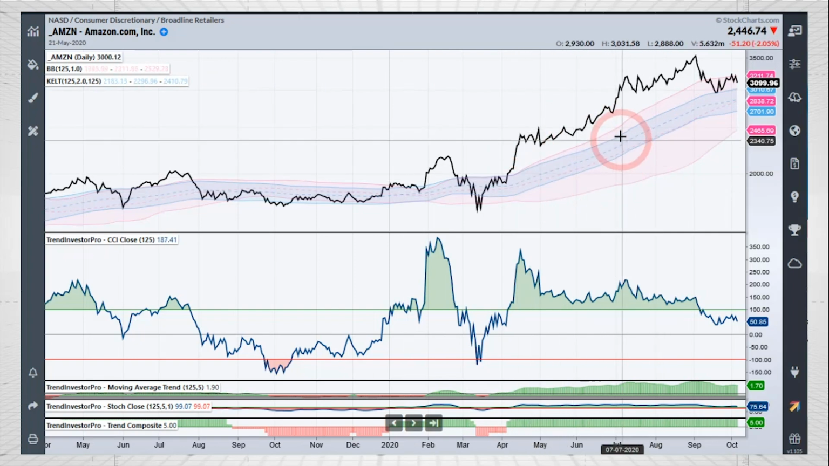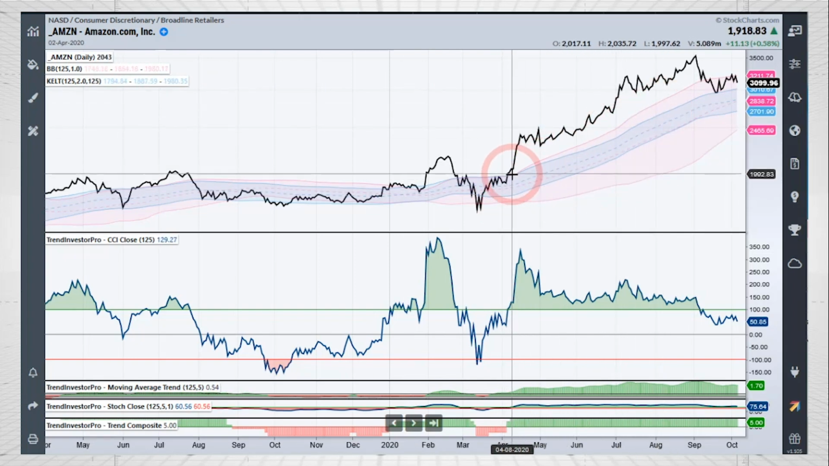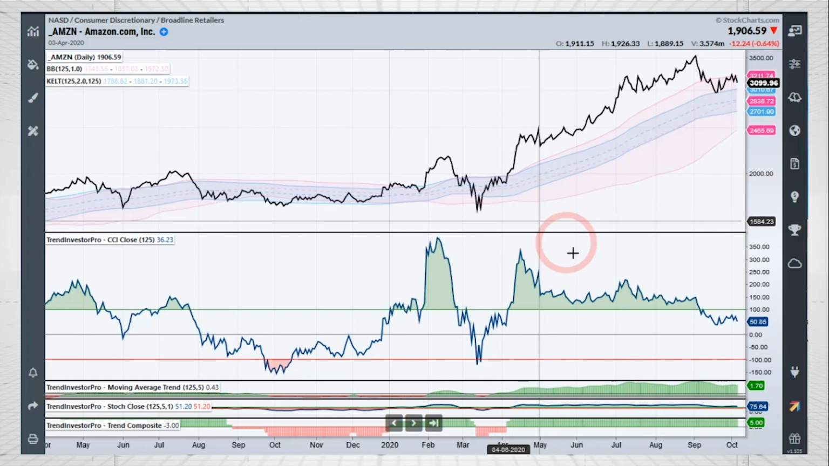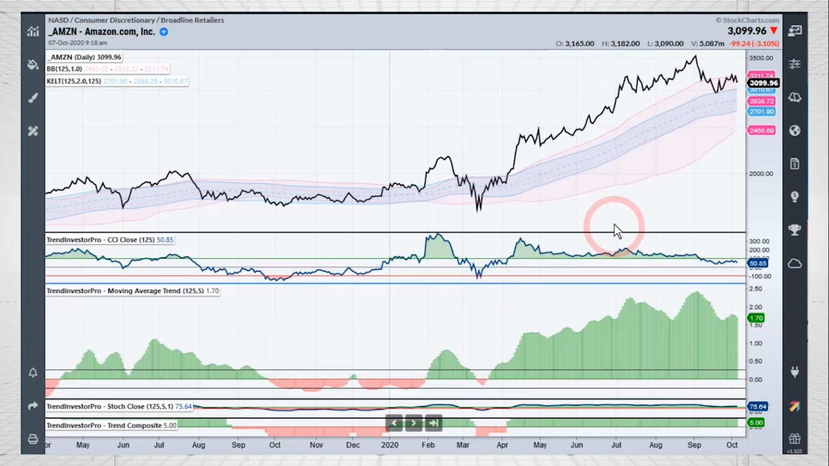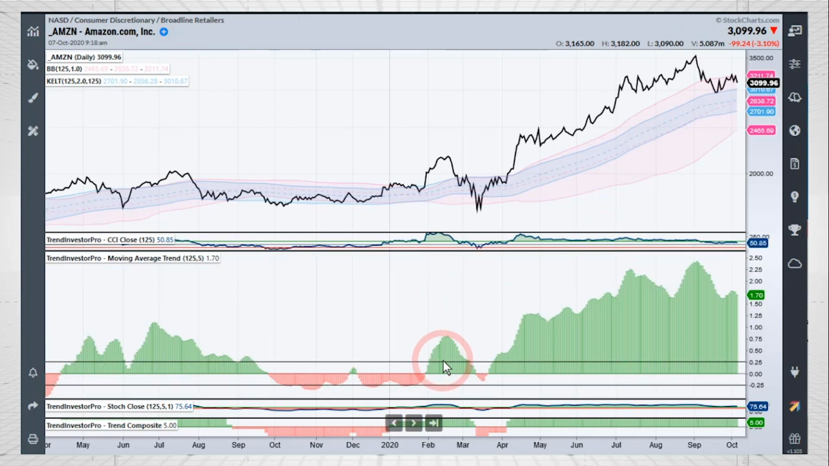But you see Bollinger Bands in pink, so you can see a breakout there in Amazon above the upper Bollinger Band and upper line of that Keltner channel. Then the other indicators are the CCI Close, and I'm going to turn that little pointer off and show you the other indicators. We got the moving average trend, and you can see it's been bullish for quite a few